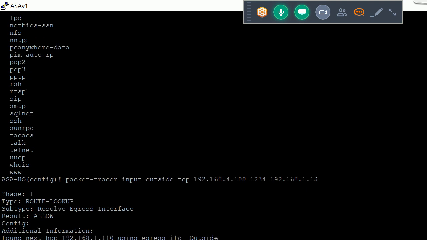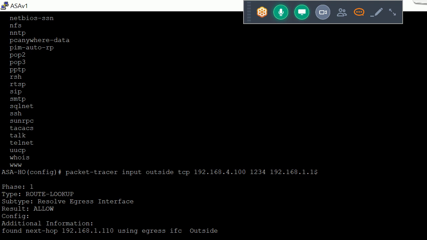It is dropping. Sorry, actually I used the wrong one. Here I need to use the real IP address 10.2.2.100 and the real port number.